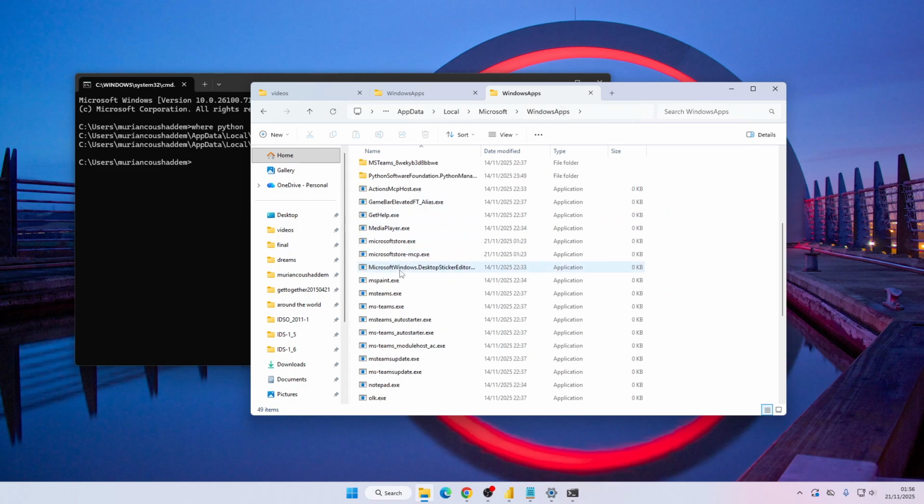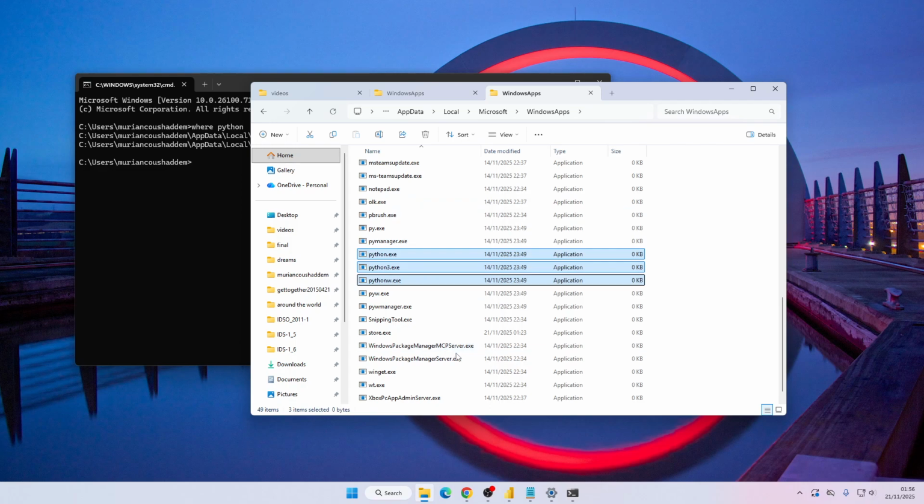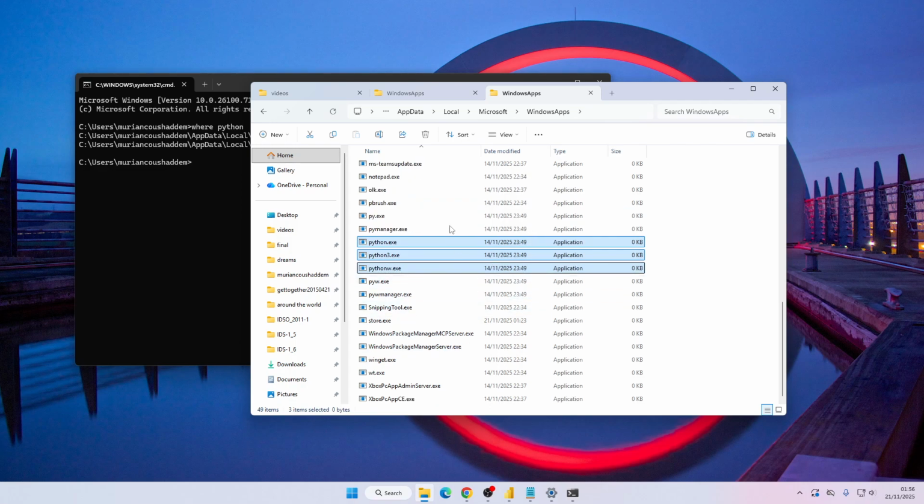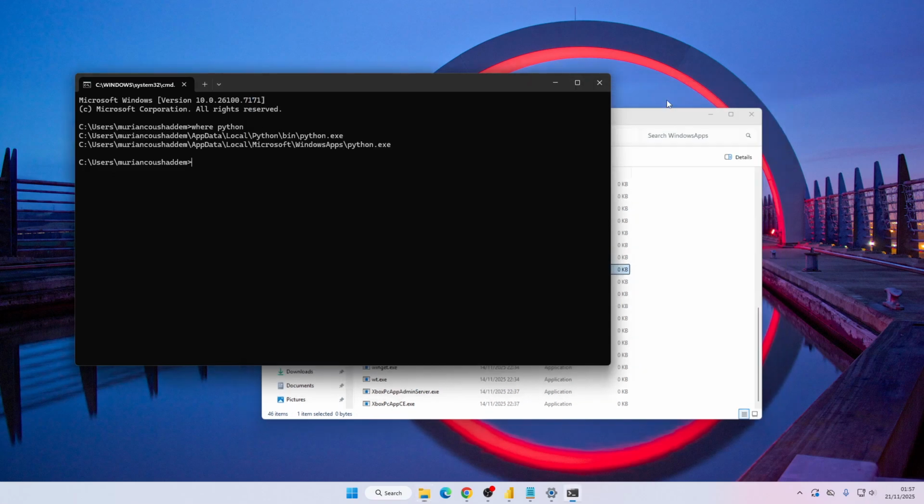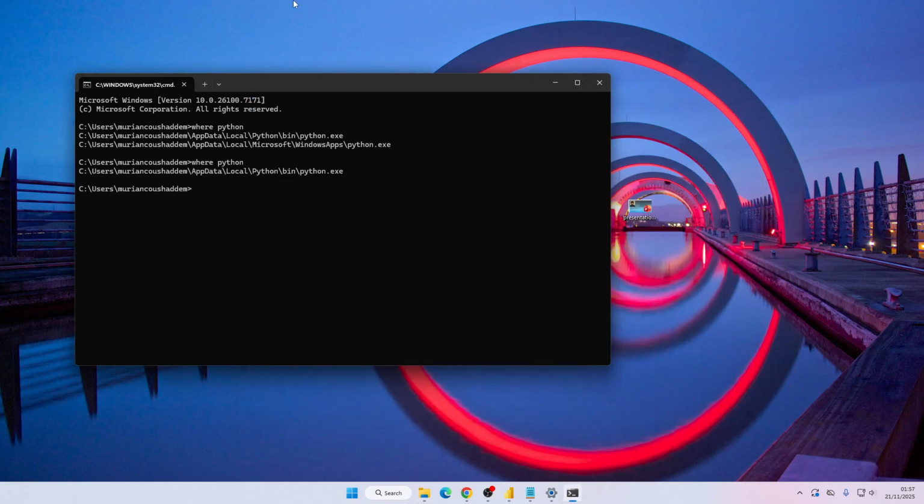So go in here and we see, okay, there's a lot of stuff, and we also have three of those. And I would just say delete. You can also rename them if you want, so they will not be considered. But you can also just do this. So if you now do where python, all the others are gone. So you should be free to pip install